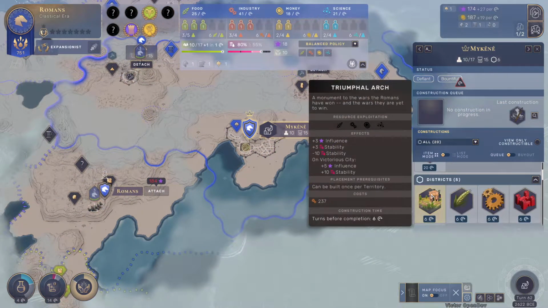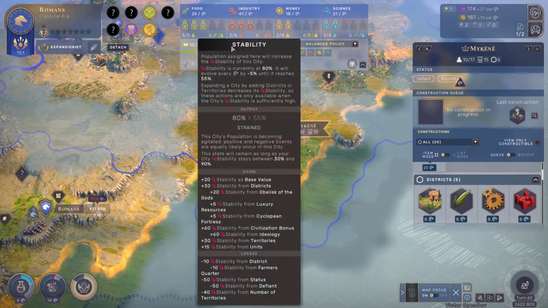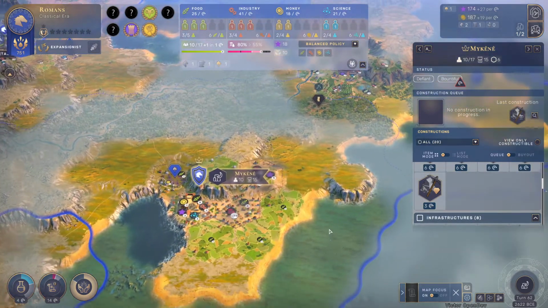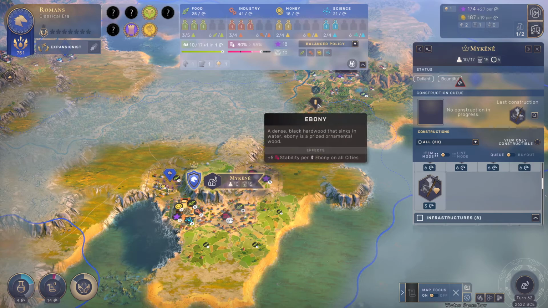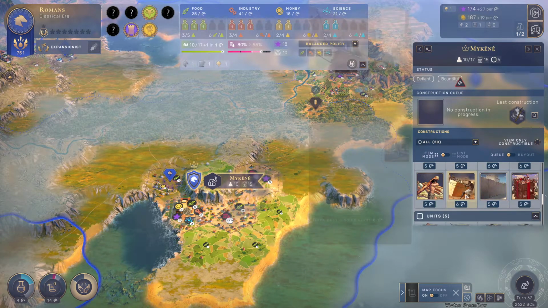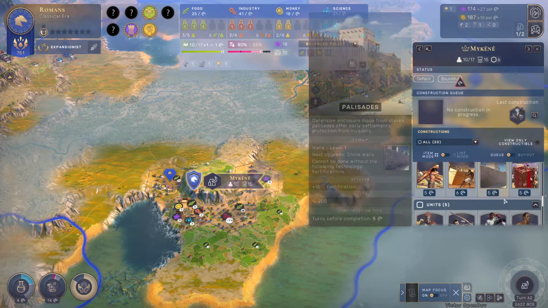What I can go for, I can build the Triumphal Arch. But our stability is going down though, and I need to be careful about what we do on that. Can I get anything on the ebony? I could build something like this on the ebony. It would give me some extra stability. Or we could go for...